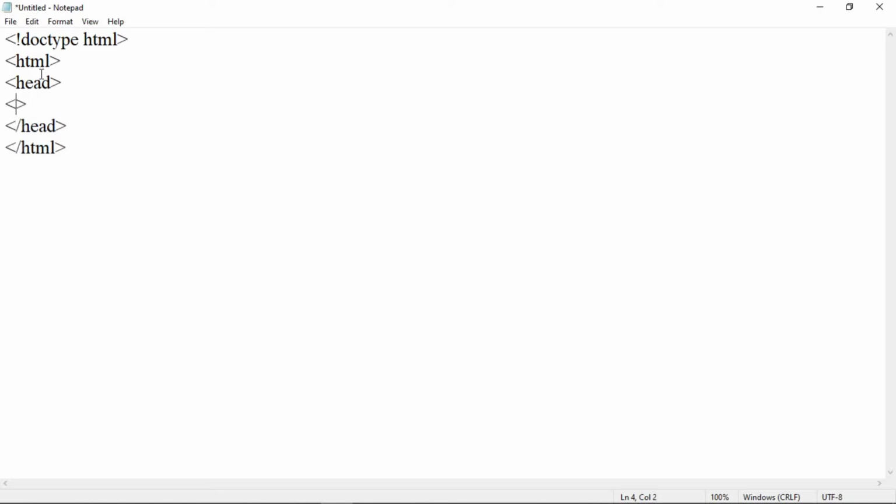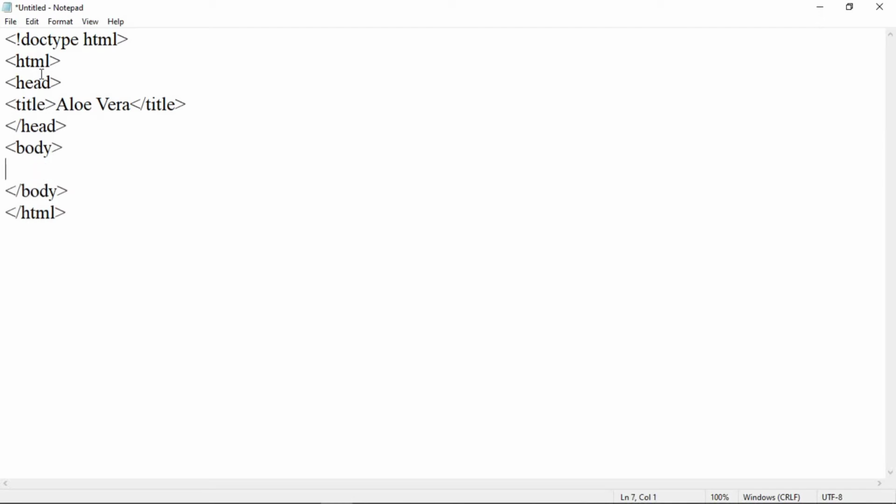Within this, add a title tag, so title and end of title. Here, add a title for this page. After that, close the title tag, close the head tag, and now let us open a body tag. So body tag start and end of the body tag.